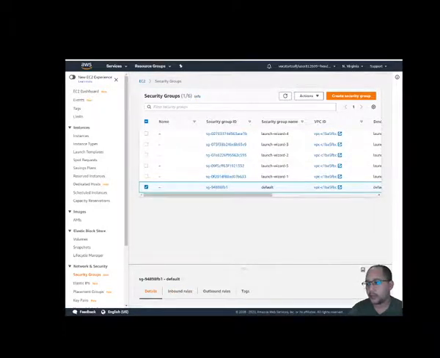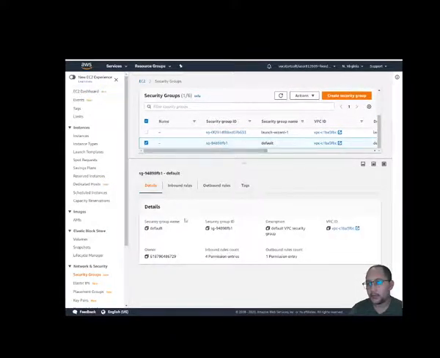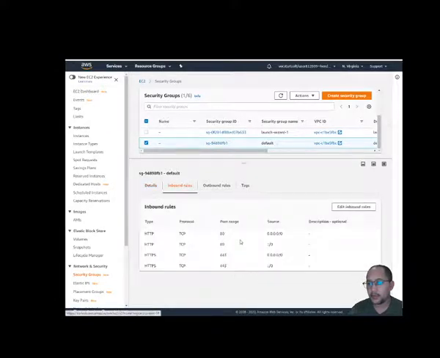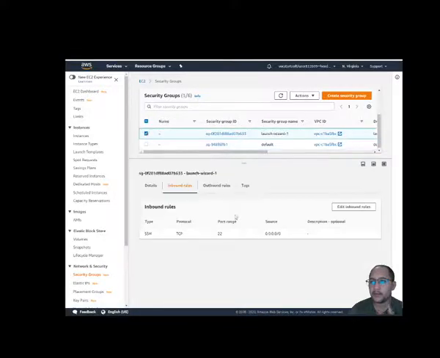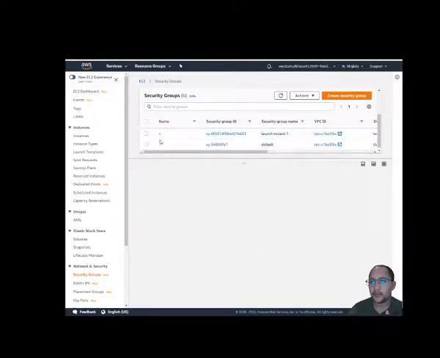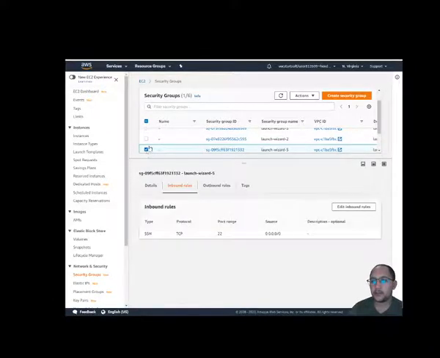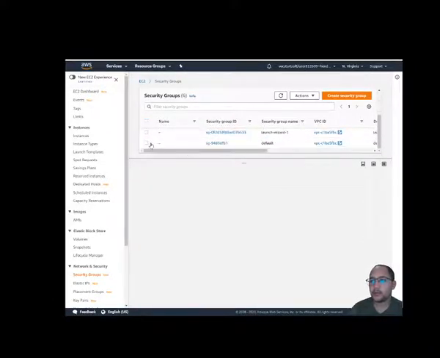So I click on that, it shows me the rules. So there's the rules. That's the default rules. Now I've configured this earlier to see if it will work for port 18443. Right? If I look at these rules here, it just says port 22, which is the launch wizard. And if I look at this one here, probably another security rule, because this is probably another instance that I ran, which is also port 22. So if you go to default,